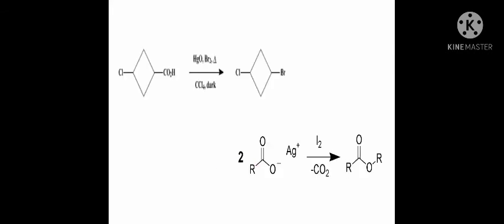These are the reactions. The first reaction is the Cristol-Firth modification. As I told earlier, instead of silver they use mercuric oxide, but everything else is the same: bromine, carbon tetrachloride, same thermal condition, same product. Then the Simonini reaction. As I told earlier, in place of bromine they use iodine, so the product is an ester. But here the composition is very important. They use 2:1 of reactant, and only then is the ester product formed.